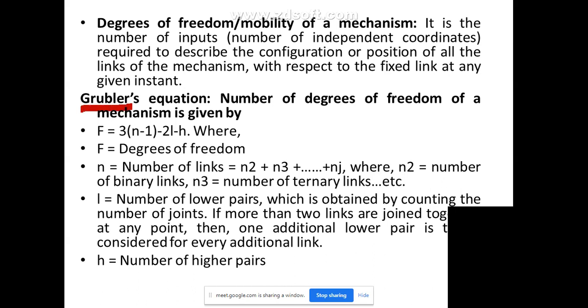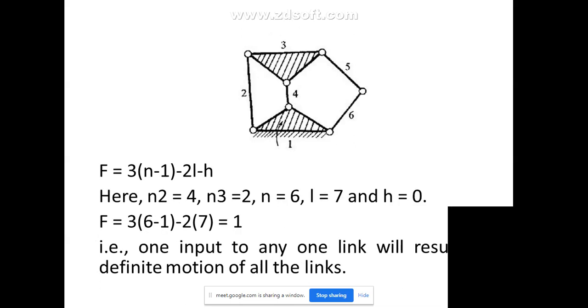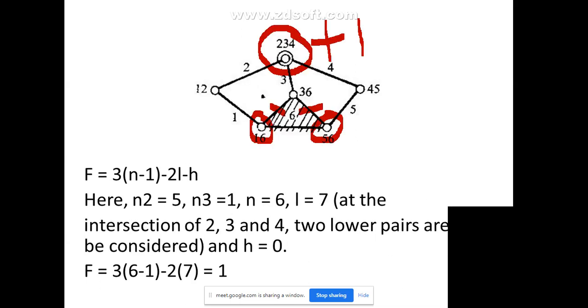Okay, because more number of links means you have to consider the lower pair and one additional, because that 2, 3 are coming, so some extra one more lower pair has to be considered. They have considered that in that equation. So whenever this type of problem is there, when more than 2 links are there, always you have to take one additional lower pair. That is the rule. This is a thumb rule. So we can't take our own decision. This is a thumb rule provided by the equation only. So you have to follow it for all types of problems. Whenever you can see more than 2 links are joined, at that time you have to use this. This is the thumb rule. Okay, sir. Okay.